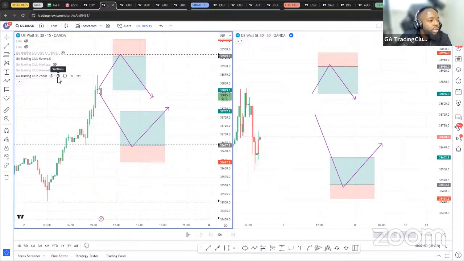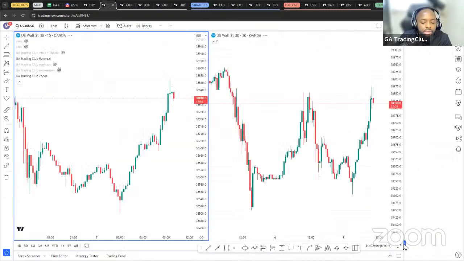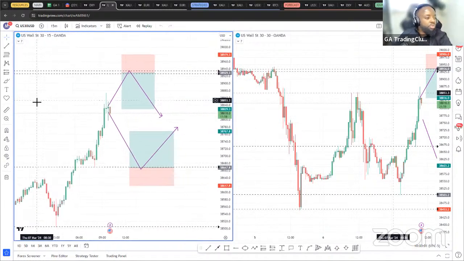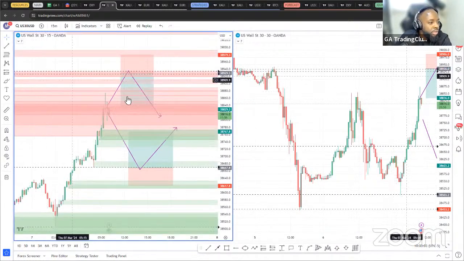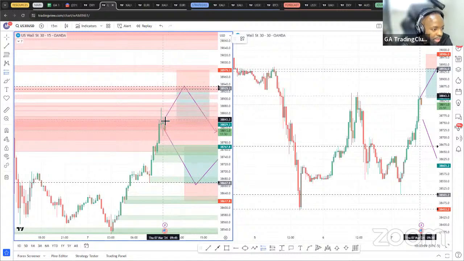Because even here, like today for US 30, the market opened when price was in a supply zone. But going with that rule of not taking a trade if price is already in a zone, if we turn this on, you'll see that here we did have that inner supply zone. The only issue was that